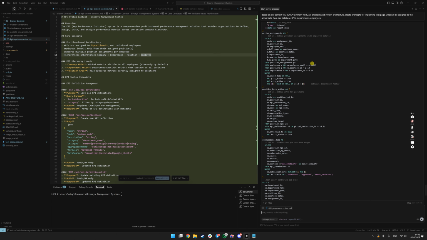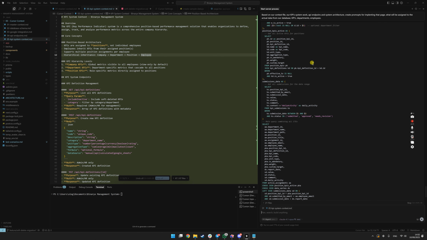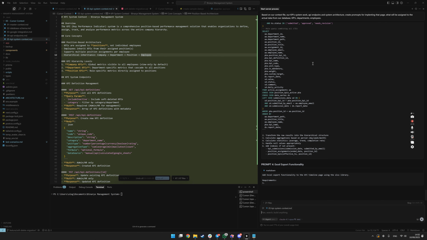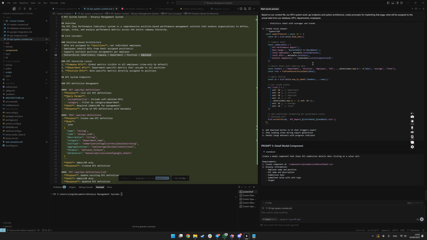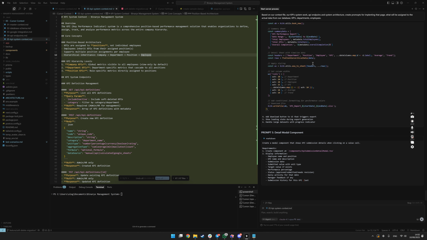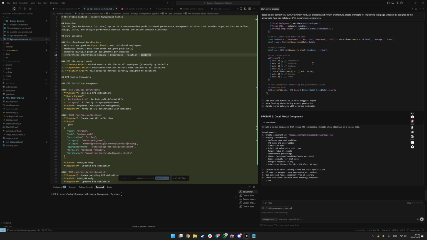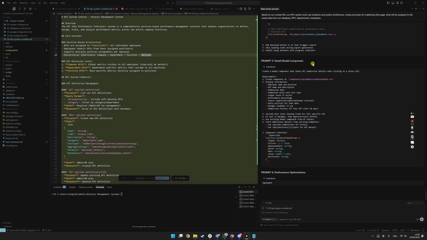Here is right now our prompt for that kind of solution, and he's still preparing everything because it's a really comprehensive task. I will show you in the end what output we have after I implement that prompt in real life, because he right now created 5 prompts for that kind of system.